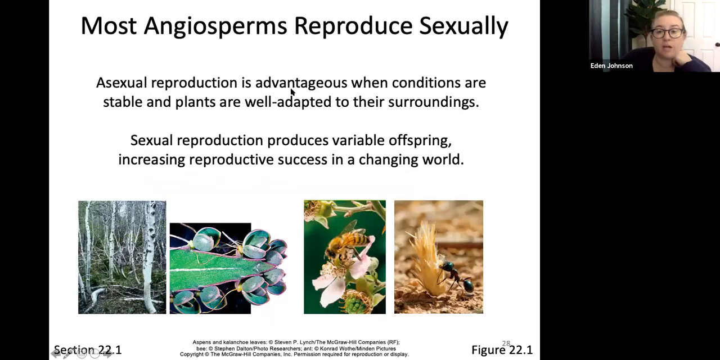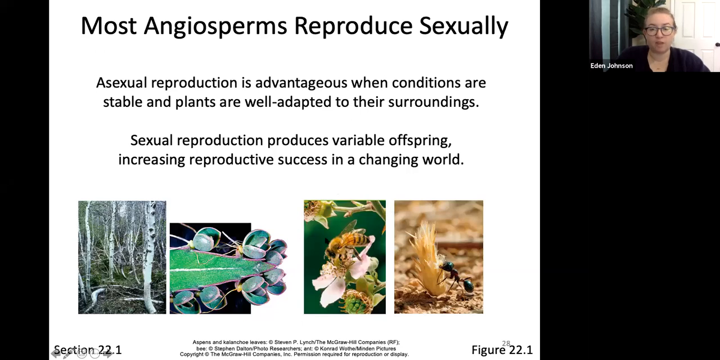Asexual reproduction is advantageous when you have a stable environment and plants are well adapted to their surroundings. Yes, so in an unchanging environment, asexual reproduction is a great method of reproduction. Whereas sexual reproduction is going to produce these varied, genetically variable offspring, increasing reproductive success in a changing world. Because, for instance, if a pathogen